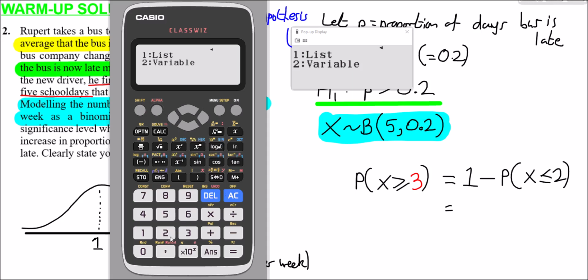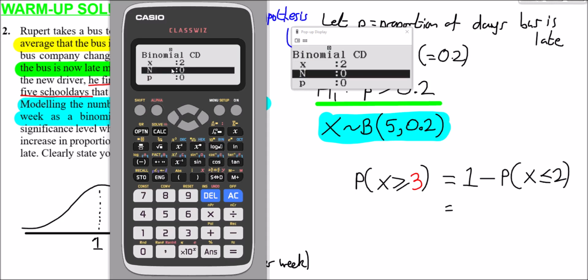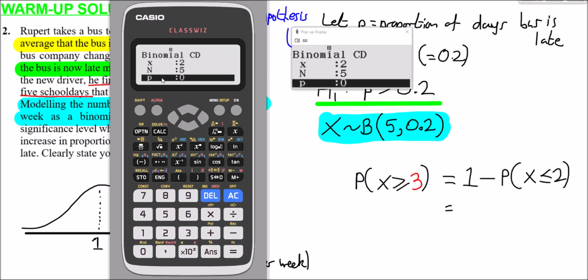We press 2 variable. Now we type in 2, which will work out the probability of being late 2 or fewer times. N is the total number of days. In this case, the number of days the bus goes to school in a working school week is 5 days, Monday, Tuesday, Wednesday, Thursday, Friday. And the probability of it being late for just one of those days, based on the null hypothesis, is 0.2. So we get here,